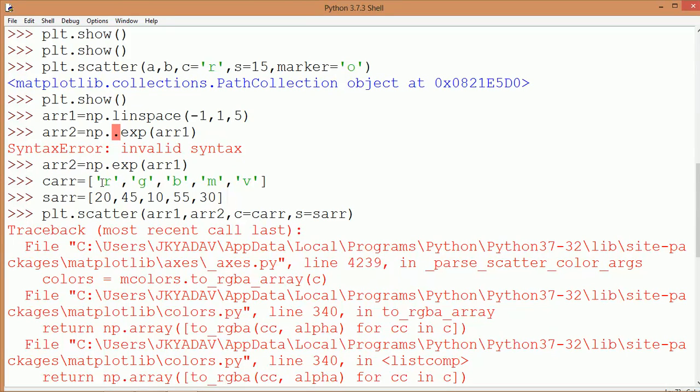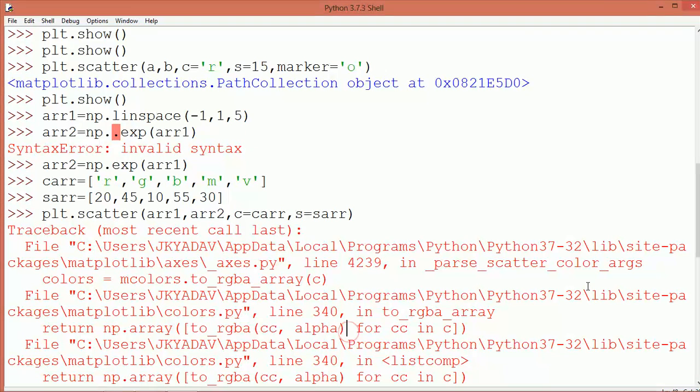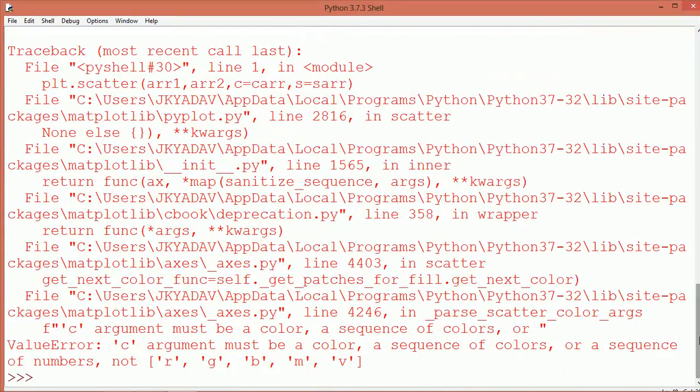We have a color array as RGBMV. Okay, let us make this K. Then the size array, I think it is correct. Value error. C argument must be